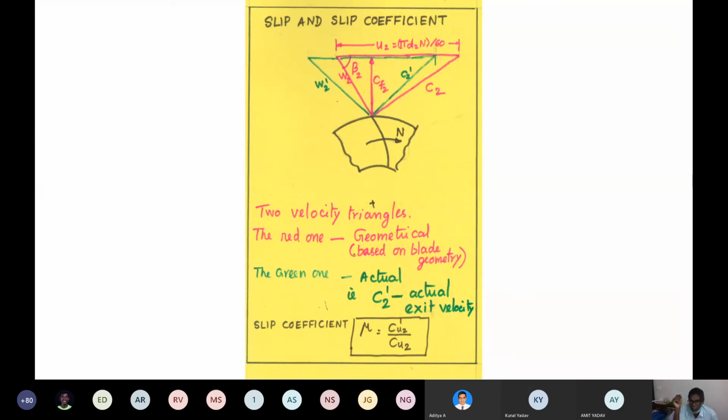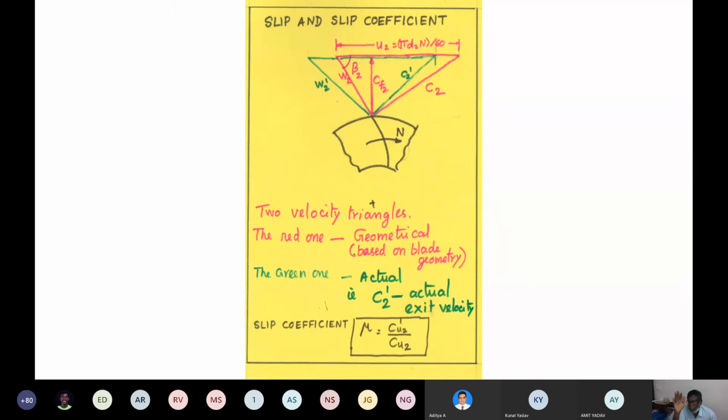Okay, now I have put more blades. More blades will cause a lot of problems. One of the problems is that blades have some thickness, so more blades means they will block the flow. The area through which the fluid flows will not be exactly pi d2 b2. Usually we multiply it by a factor. This factor will become smaller and smaller, so the flow area gets reduced. Then construction and weight will also be more.